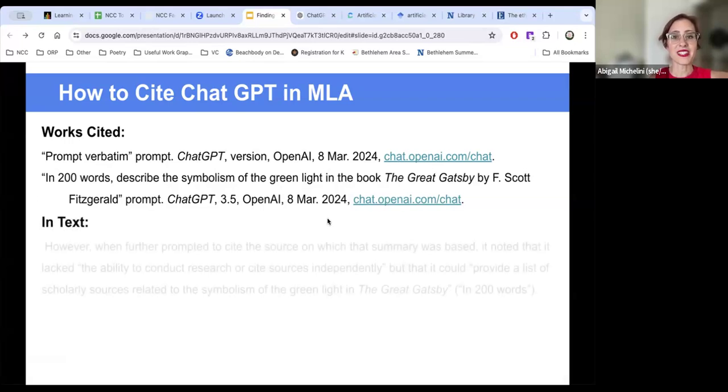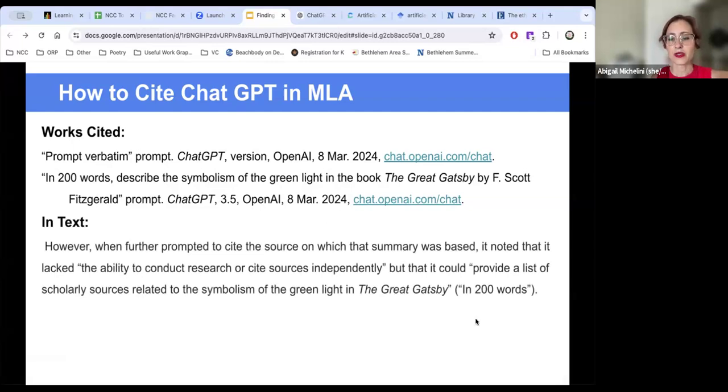You might be thinking, how do I cite it in text? Here's what this would look like. If you have a quote from ChatGPT, you're going to put the first 3 words of the prompt. So here's the prompt that this person used. So therefore, that's what goes in the actual sentence before that period, okay, in parentheses, to show that that's the prompt that I used. So you're going to use the last prompt that you used when you are citing from that paper, okay? That about takes us through it.